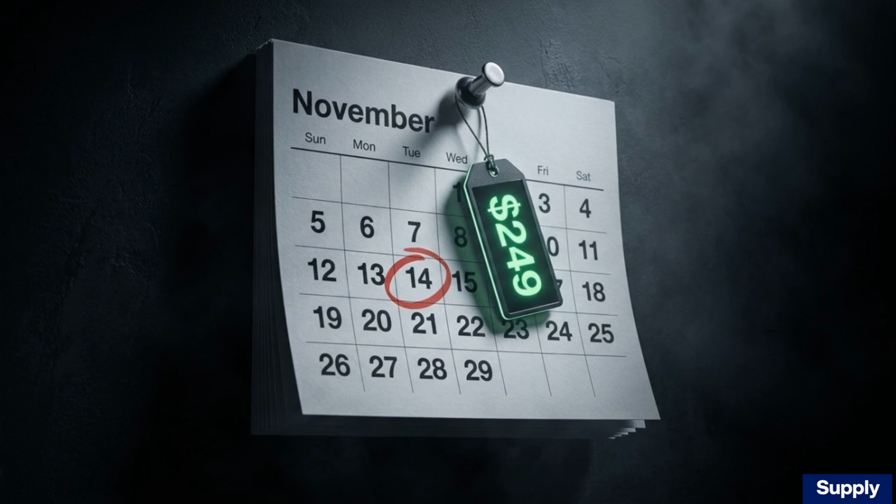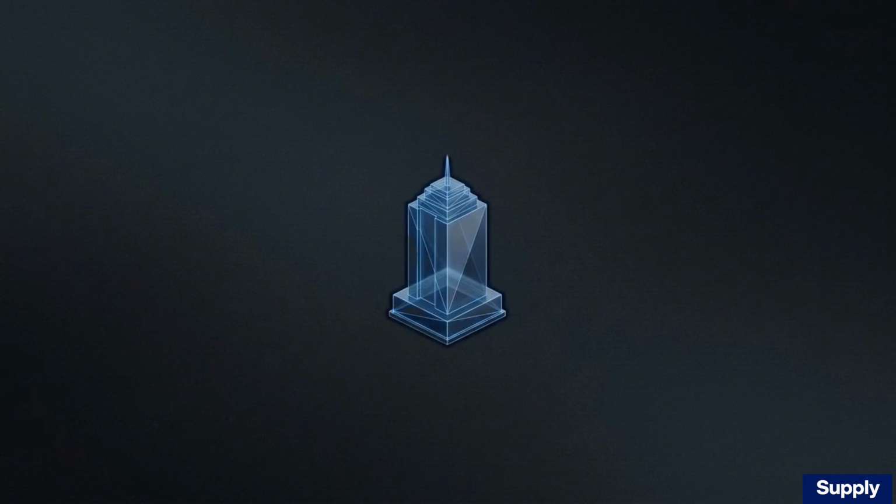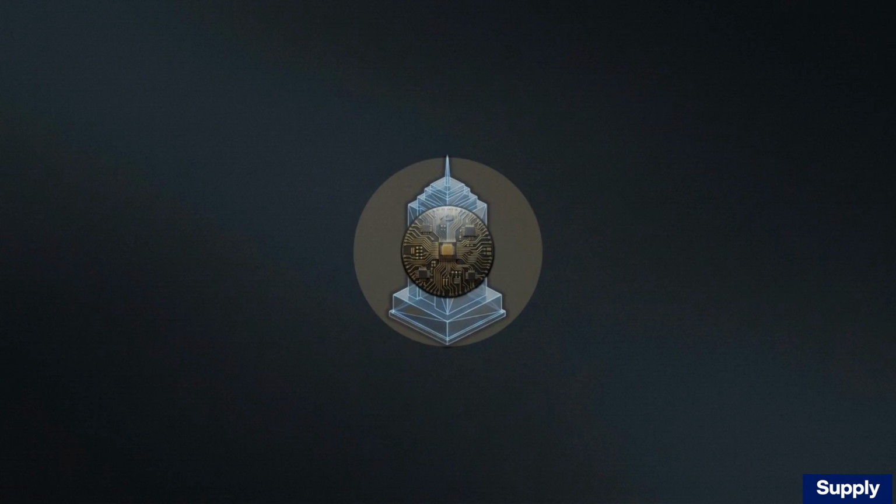Room rates are never static. The price you pay for a Tuesday night stay in November is calculated by AI-powered revenue management systems acting as the property's digital brain. These algorithms ingest real-world data in real time. They monitor local weather patterns, upcoming convention schedules, and even spikes in competitor flight searches to predict exact demand.